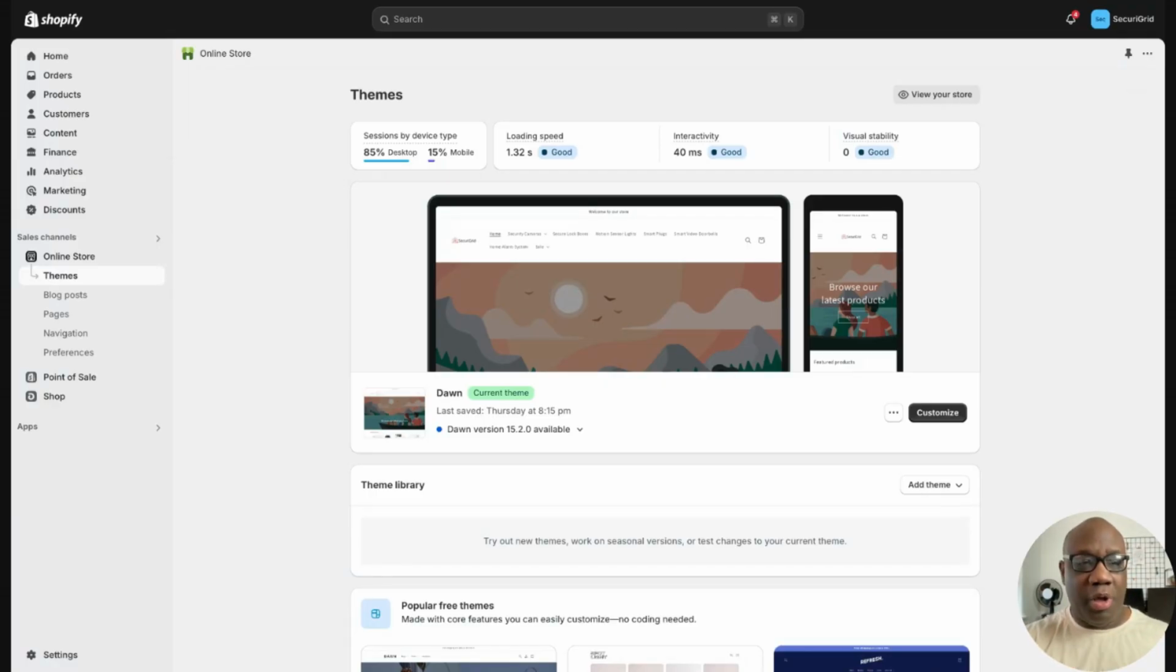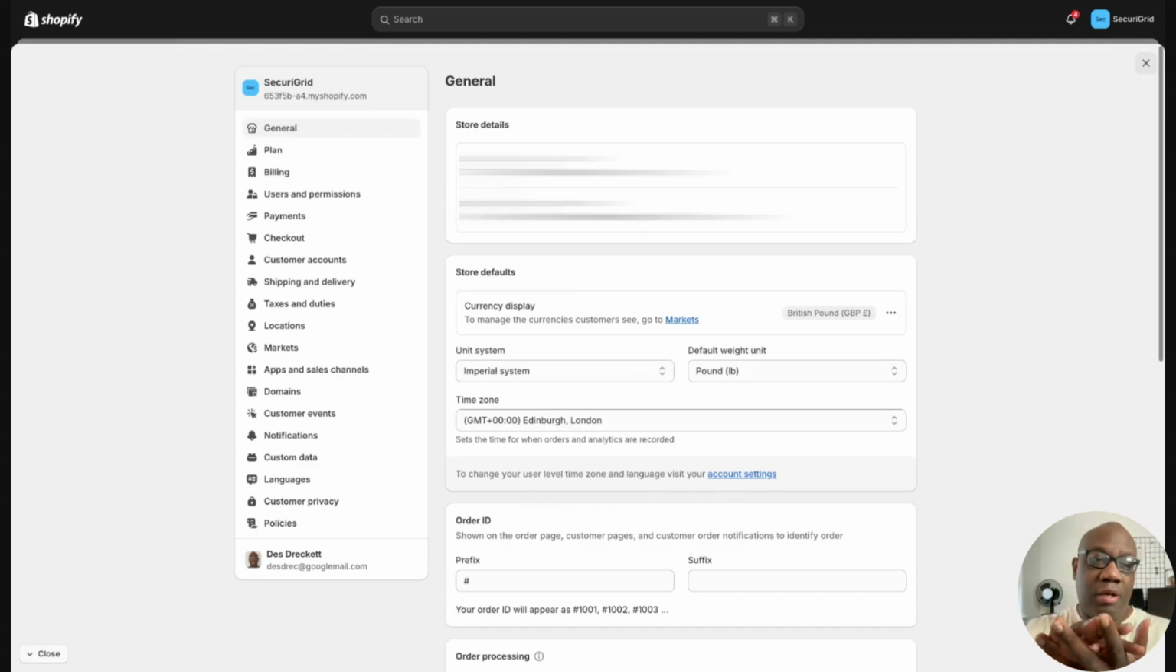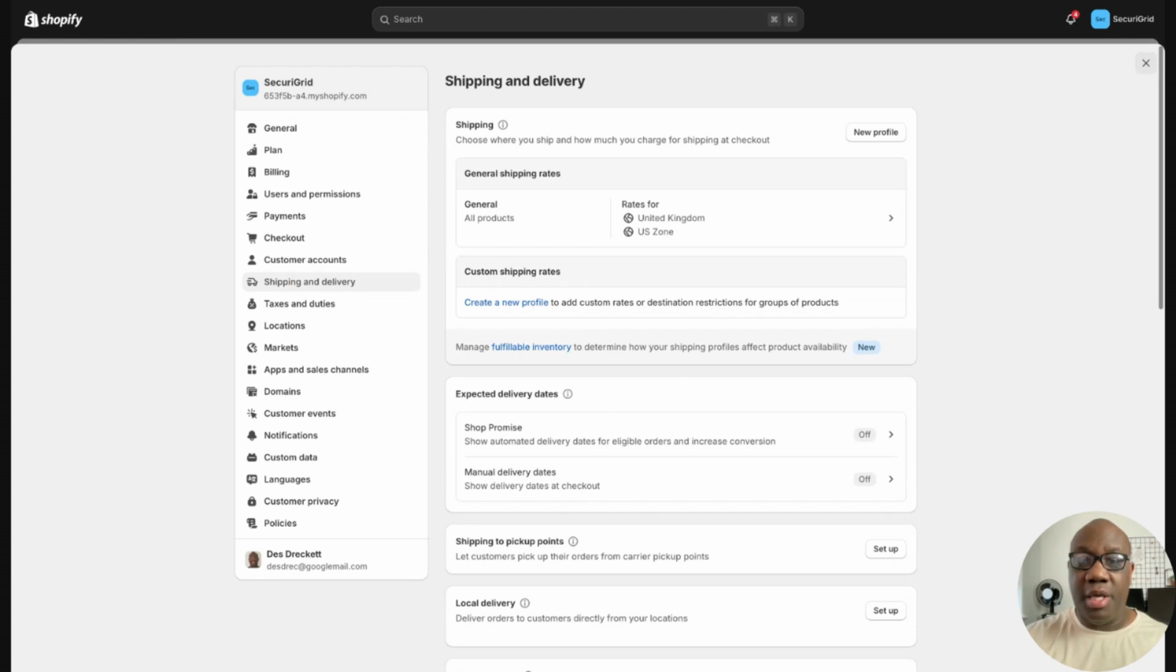Once you're logged into Shopify, what you want to do is go right down to the very bottom of your Shopify dashboard and click on settings. Now these settings are a general dashboard for all of your settings for Shopify, but what we're actually interested in is shipping and delivery. So simply click on the shipping and delivery icon just there, and you'll come to the main shipping and